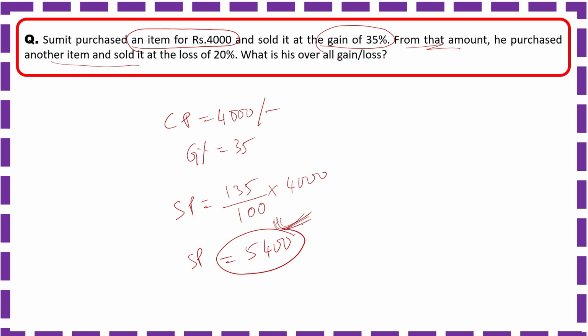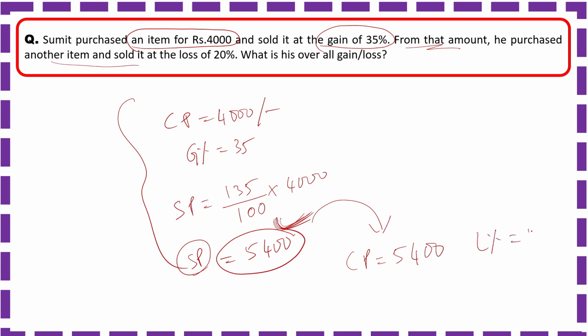Of course, this is the selling price in the first case, but he is using this to purchase one more item. So this 5400 becomes the cost price in the second case, right? So 5400 is the cost price, and the loss percent in the second case is 20. So calculate the SP in this case. SP is (100 minus loss percent) by 100 into CP. So 100 minus 20, that is 80 by 100 into CP. CP is 5400. So SP in the second case will be